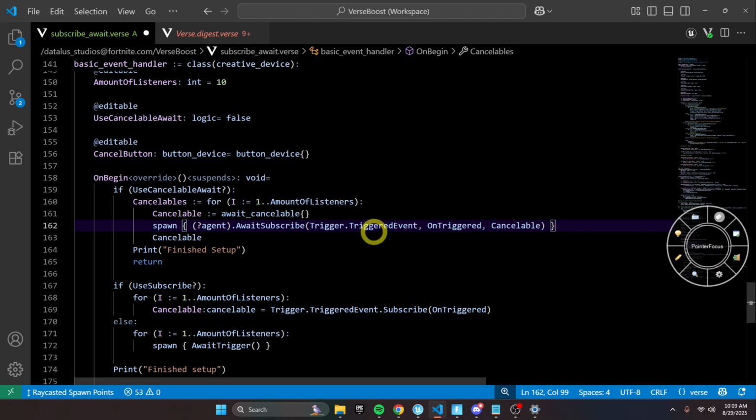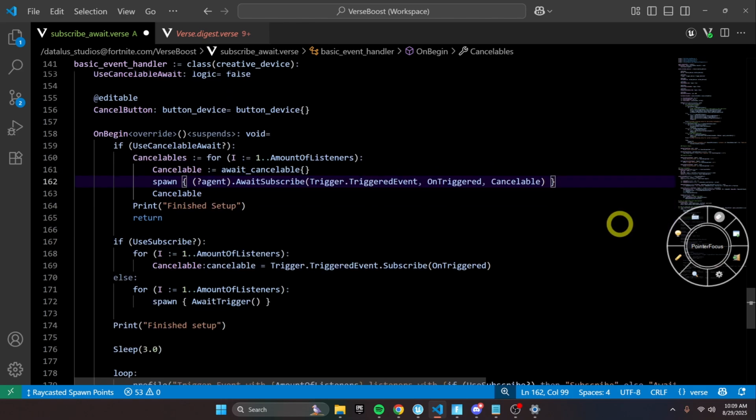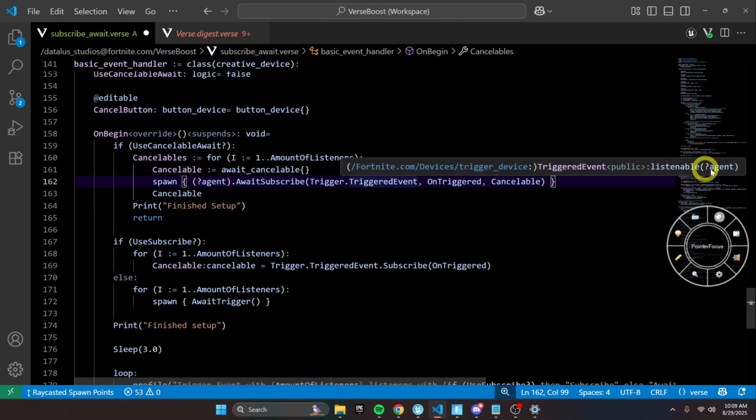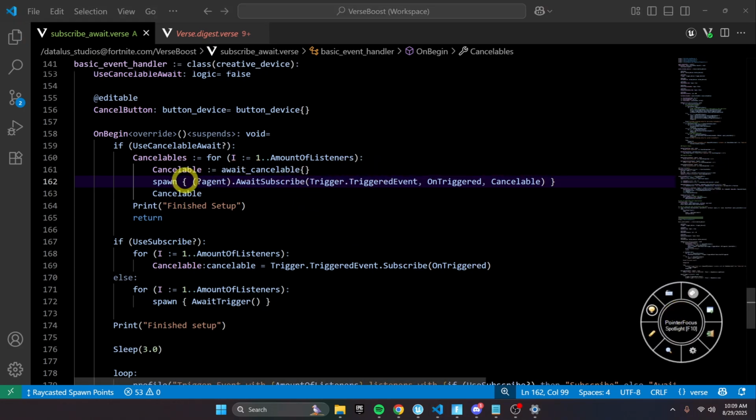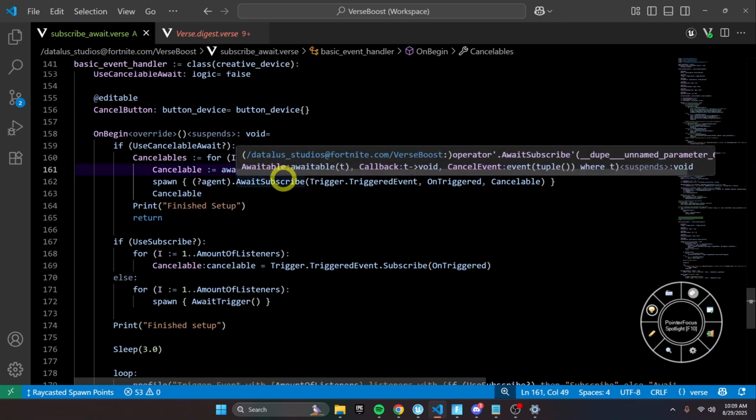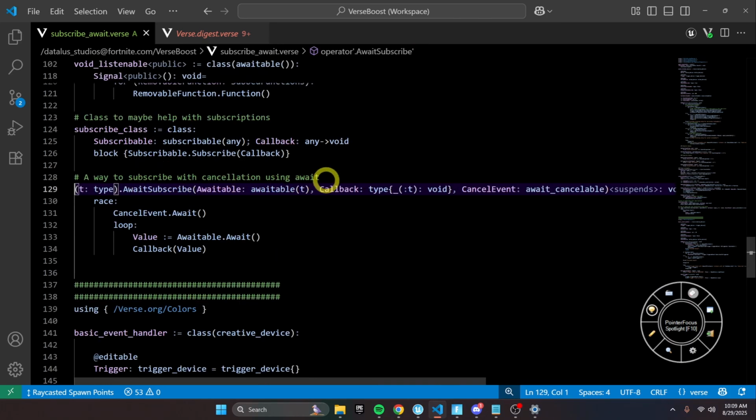So with the triggered event, right, it's going to pass us, let's scroll down here, a listenable with an optional agent. Okay, so that's why we need to pass this here, because that's letting our await subscribe function know what type everything is, right?